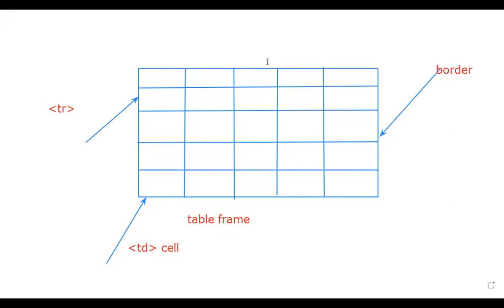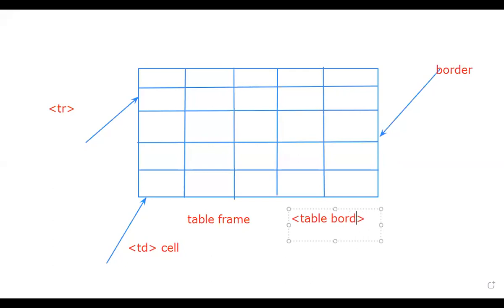Is it clear? So when we want to establish a table in XHTML code, first we have to open a table tag. First I have to go for which tag, guys? I have to go for a table tag, fine? Our table tag will have so many attributes here. What are the attributes applied to my table? I can give a border to my table.